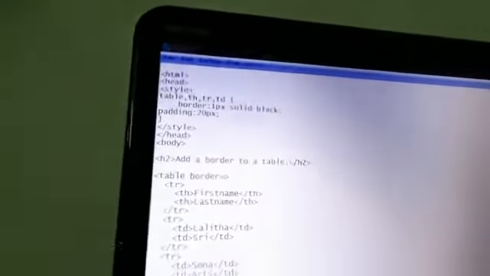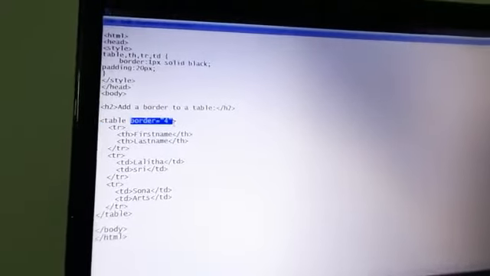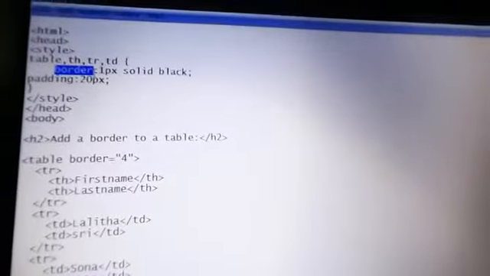Okay, so in the table tag I add the border now. Simply we can put the border attribute here, like give a space, and after that add the border attribute equal to 1 or 3 or any size you like, within double quotes. Now this is one method for adding a border to the table. This is a simple HTML attribute, or otherwise you can also add the border attribute within the CSS. So here the table, th, tr, td.